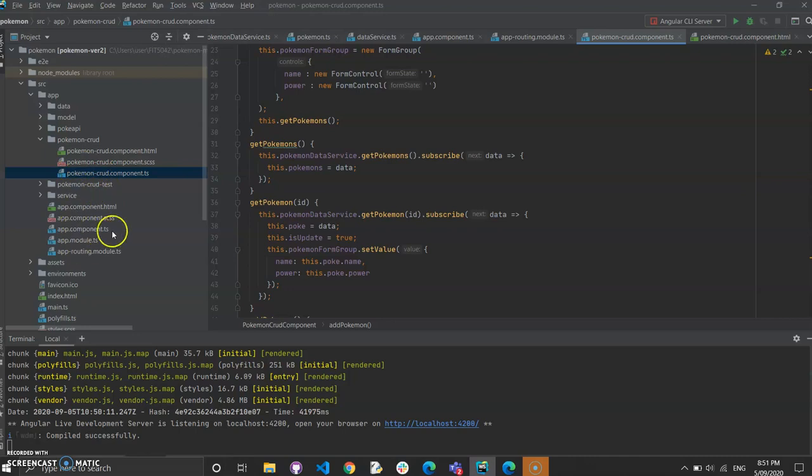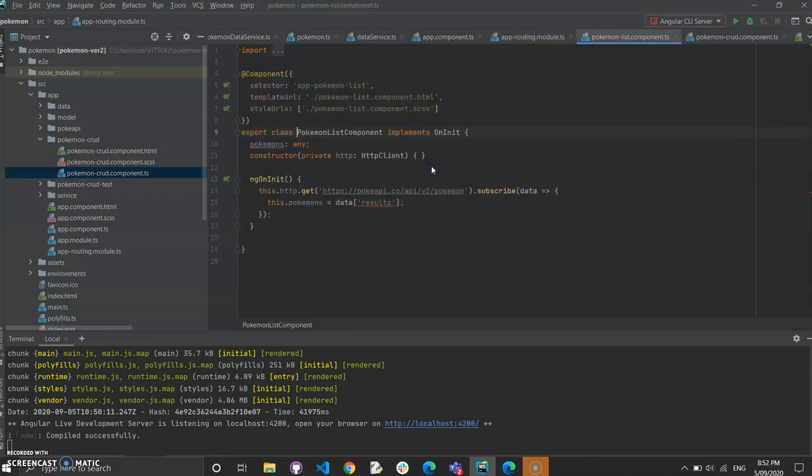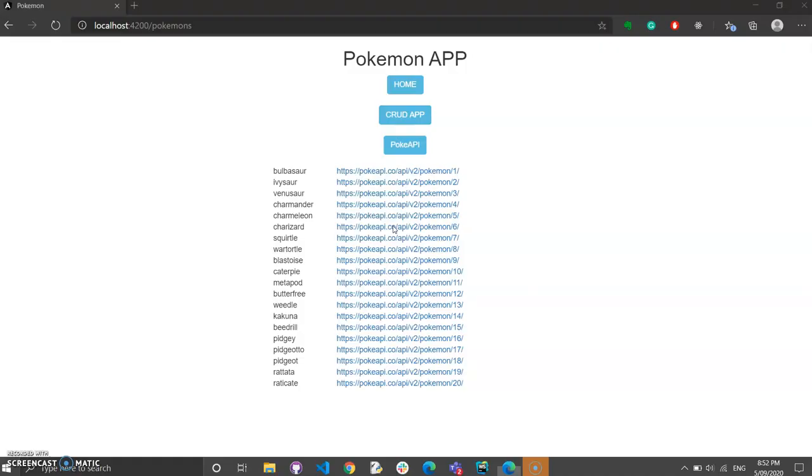So here we would go back to our routing module, and here we are serving the Pokemon list component. This is how routing happens, or this is how we route the user in Angular. So this is our Poke API that we have picked up from the pokeapi.co website.